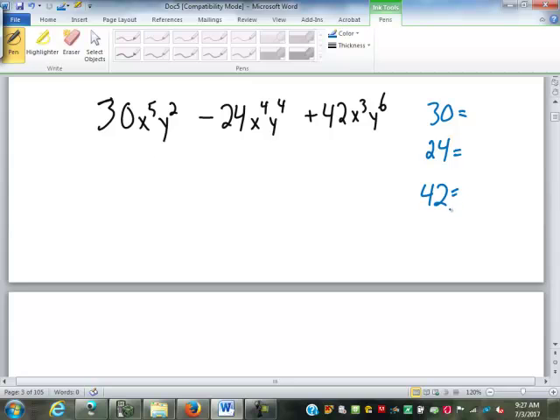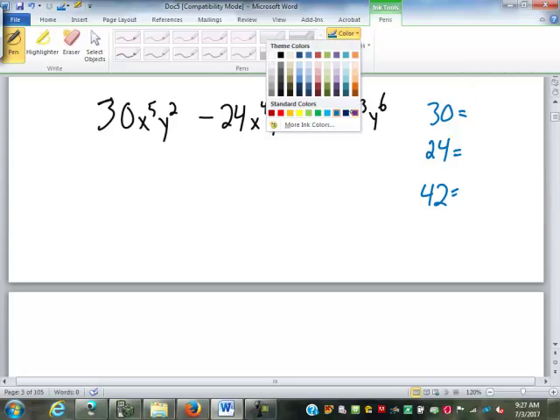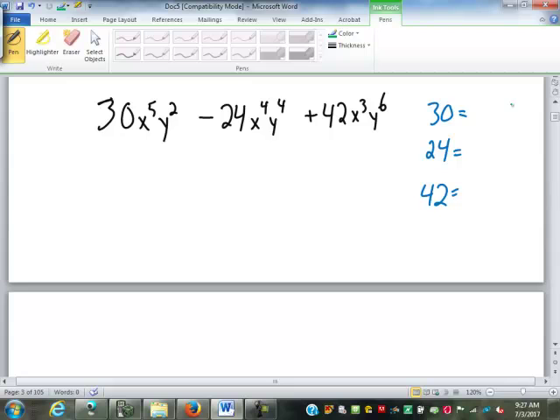The process does not change at all. I still find the greatest common factor for the numbers, which means I am still factoring the numbers. 30 is 2 times 3 times 5. 24 is 2 times 2 times 2 times 3. 42 is 2 times 3